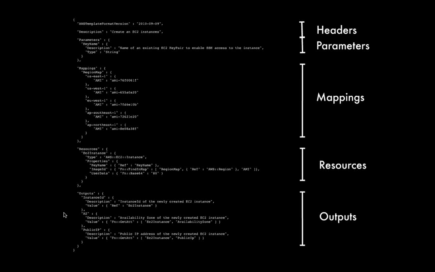The CloudFormation templates have a structure. Basically, first you have headers, then some parameters. You can do mappings, like if I'm in region Singapore, my AMI is this. If I'm in region US East, then my AMI is that. Then you define the resources that you want to utilize, like load balancing, RDS databases, etc. And then outputs, like this is the URL to my application. This is the production system.